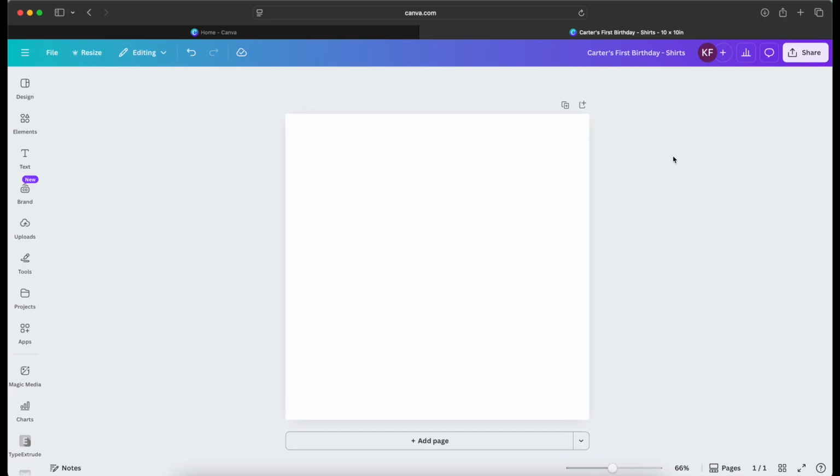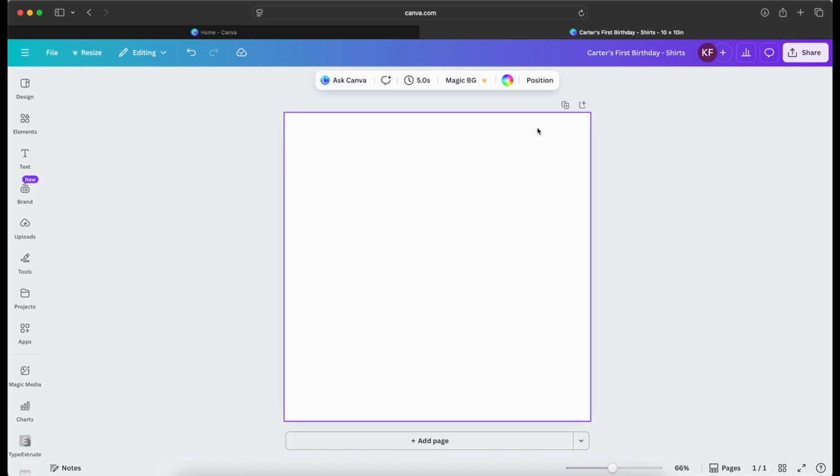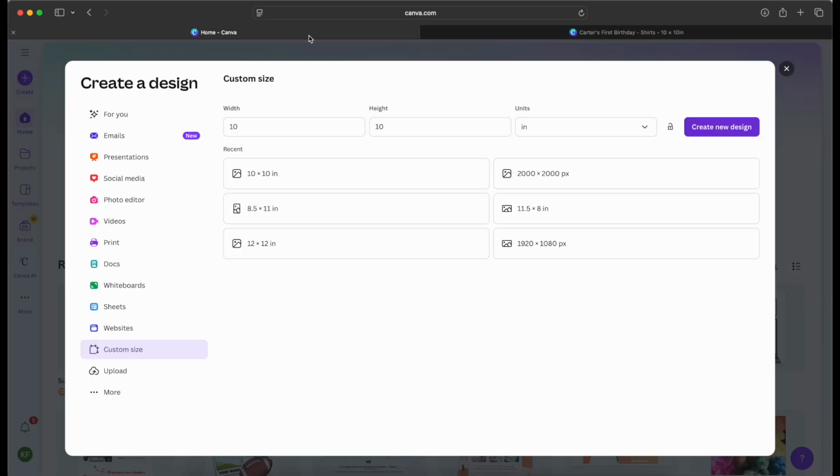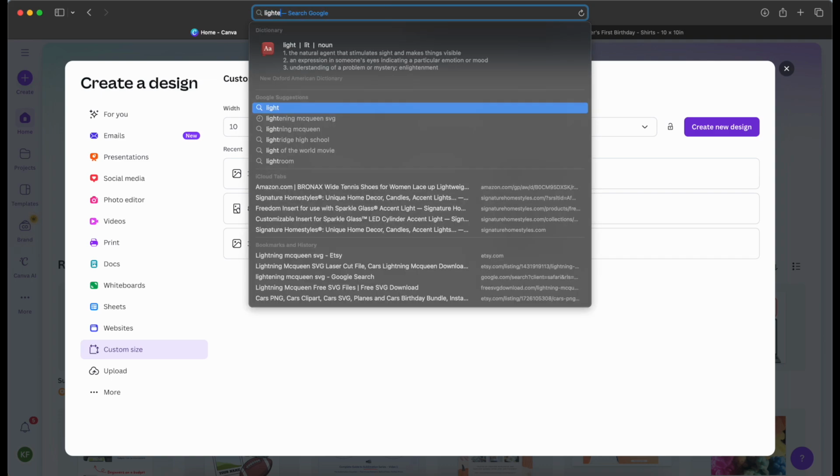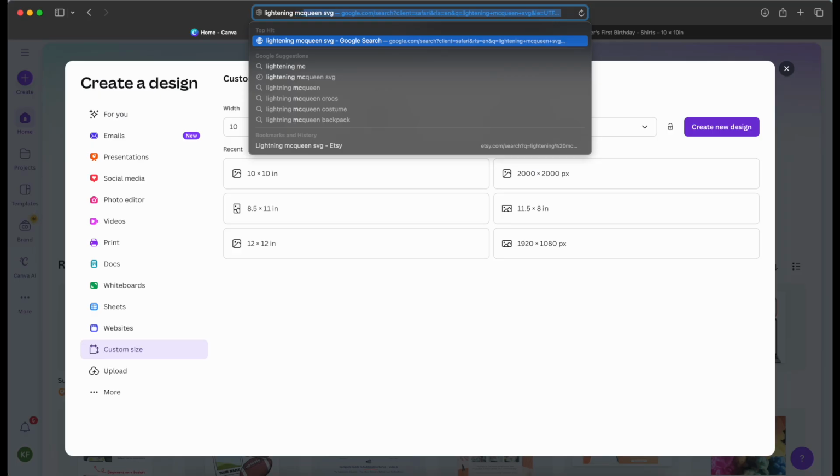When you get into the creative flow, you'll find that you have a process. And for me, I break my design into a couple categories. I have the main design and then the sub design. My main design is going to be the Lightning McQueen SVG, and then my sub design is going to be my text. So I'm going to head over into a search engine, and you can use Safari or Google Chrome, whatever you work with,